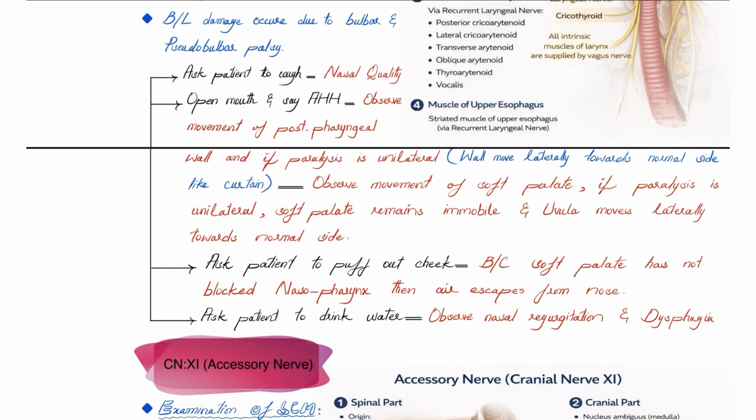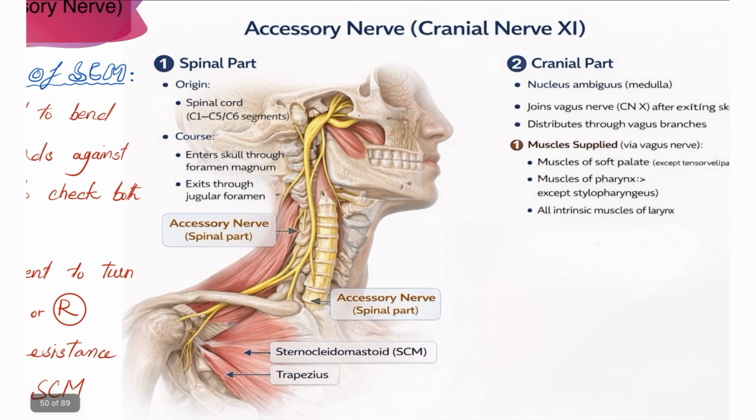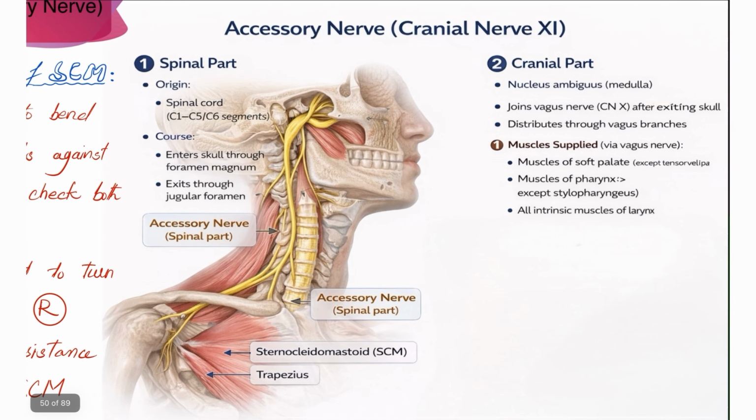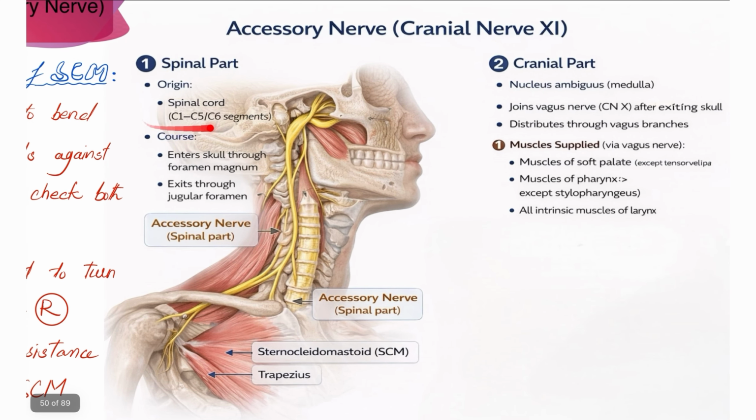Now it is time to talk about the 11th cranial nerve, which is called accessory nerve. Now this nerve also has two parts, spinal part and cranial part. Spinal part arises from the spinal cord segment from C1 to C5 or C6, and it enters the skull through foramen magnum and exits through jugular foramen, and it supplies the sternocleidomastoid and trapezius muscle,